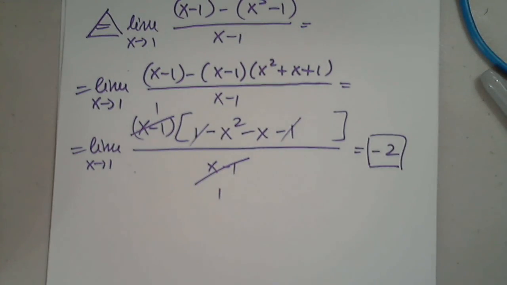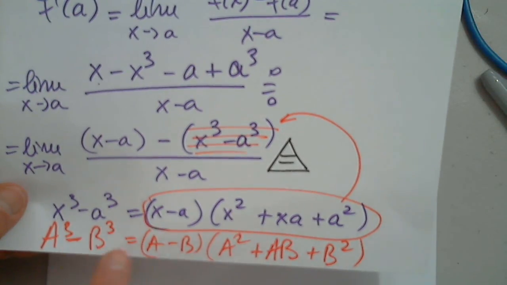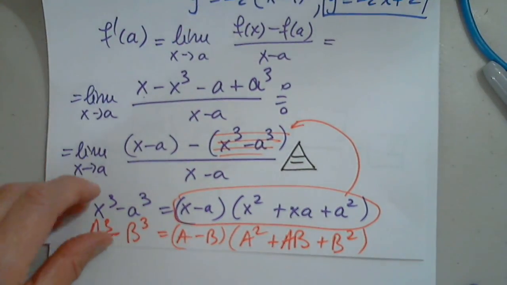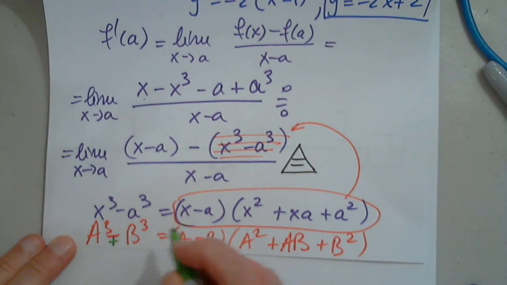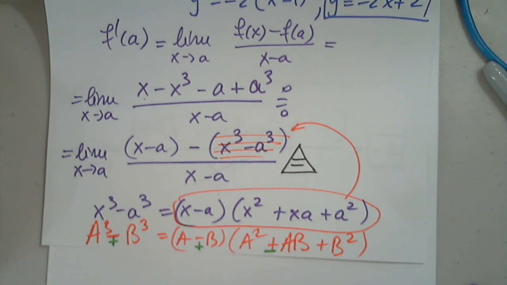So this method, the second one, needed you to refresh your memory on the difference of cubes. And of course, if this is the sum, then you have sum here and minus in the middle. So if you have the sum of cubes, then the sequence of signs